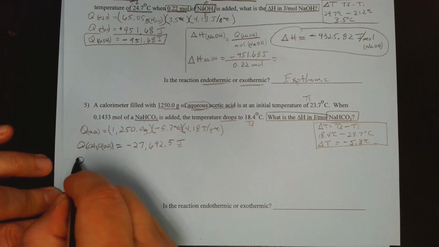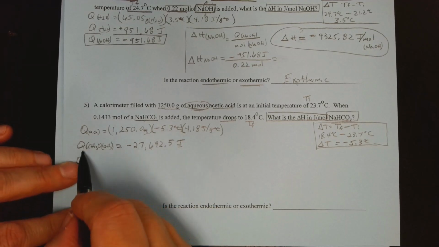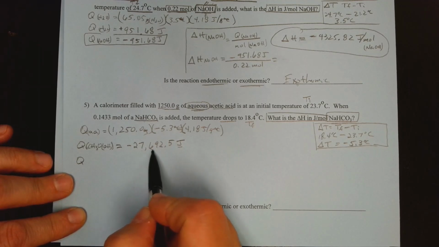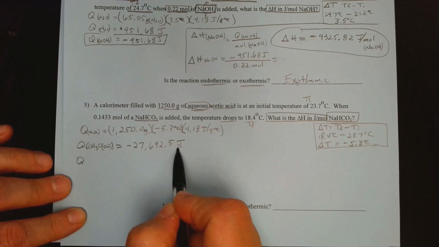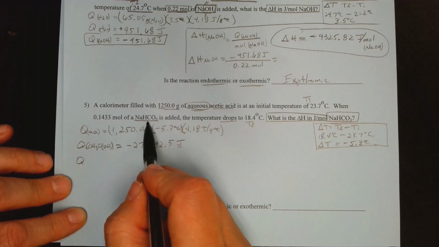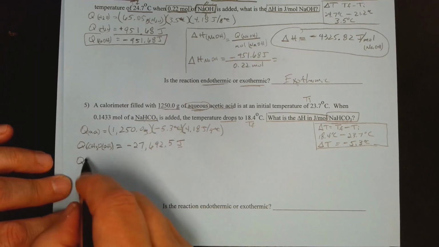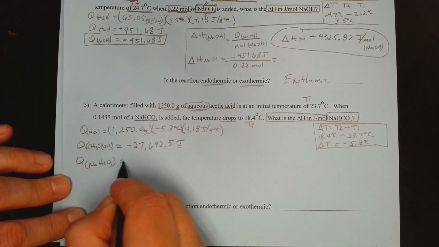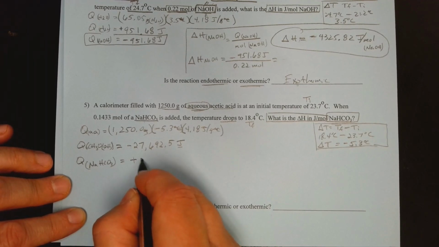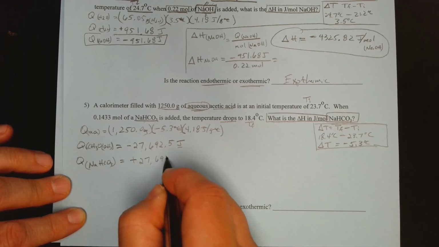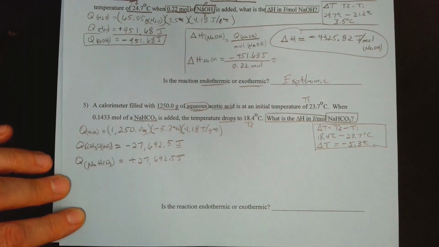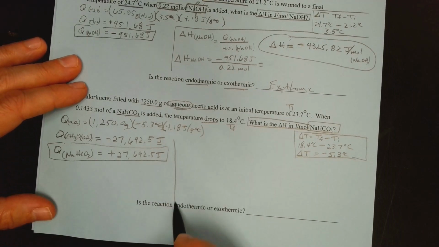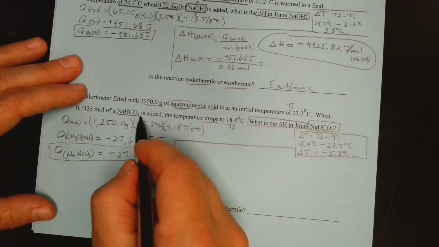And as a result of that, what this means right now is that the acetic acid is losing 27,692.5 joules of energy to the NaHCO3. So if this is losing it, it means the NaHCO3, it's gaining it. So that's going to make this a positive 27,692.5 joules. So this is the quantity that we're going to use in order to calculate the delta H of